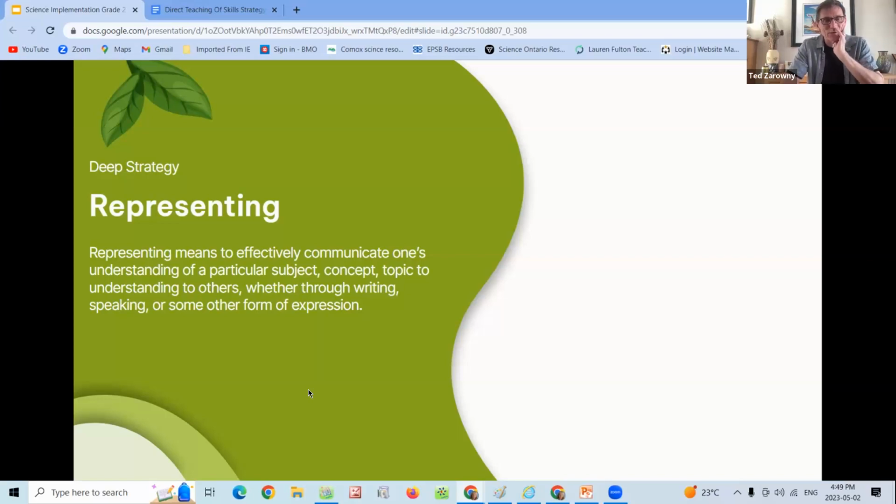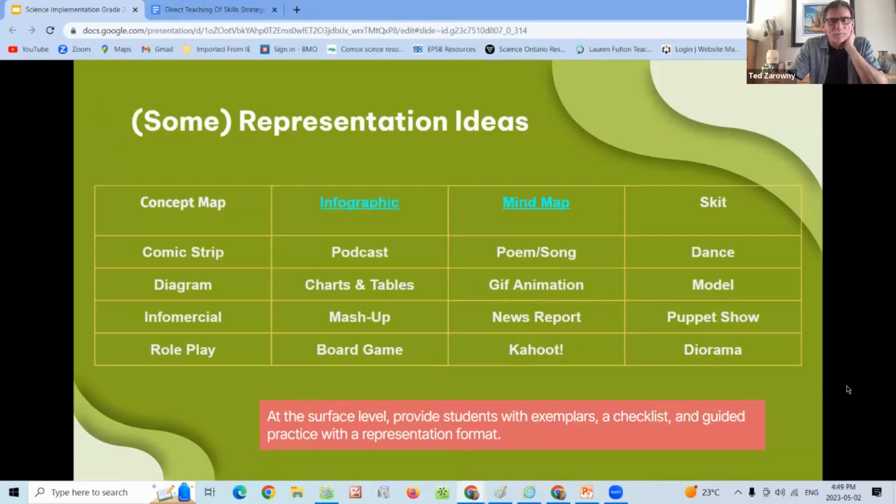We're not going to get into those, but you're probably familiar with a lot of these on this sheet, or this checklist on the next sheet. But for example, say you have kids create a diorama that can demonstrate how humans can impact plants and animals. Right now, they're not telling you how, they're creating a diorama. It's a very powerful way for them to demonstrate that. And of course, there's going to be some explanation involved when they have their diorama